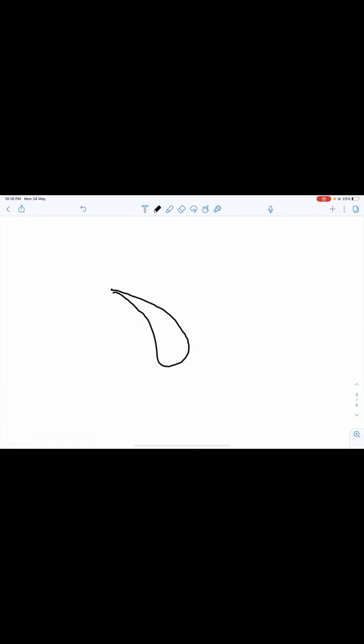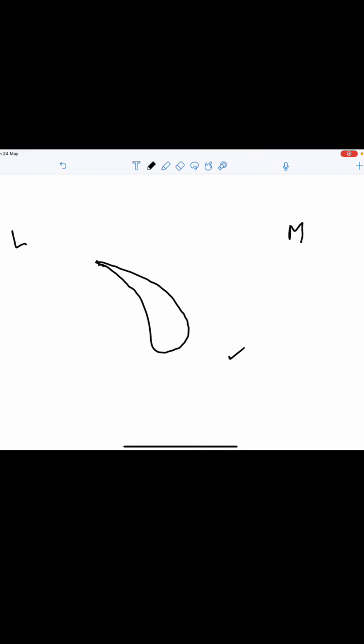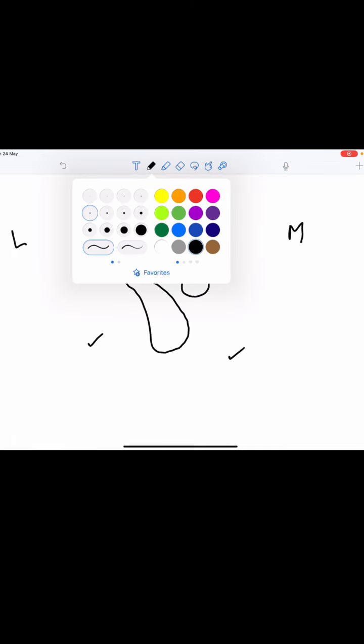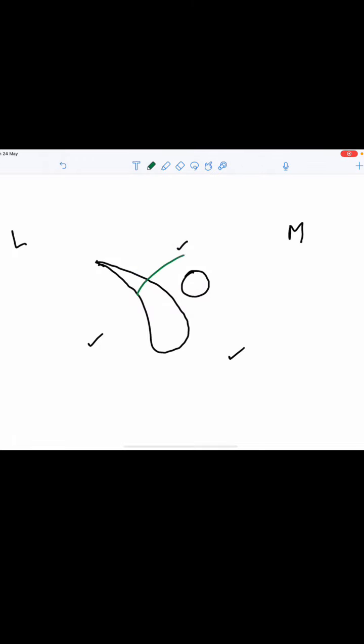So this is the superior orbital fissure. This is the medial aspect, this is the lateral aspect. So here you will get the body of sphenoid. Here above you will get the lesser wing of sphenoid, and below you will get the greater wing of sphenoid. So these are the boundaries of the superior orbital fissure. And close to the superior orbital fissure you have the optic canal. Both the optic canal and the superior orbital fissure are leading from the middle cranial fossa to the orbit.